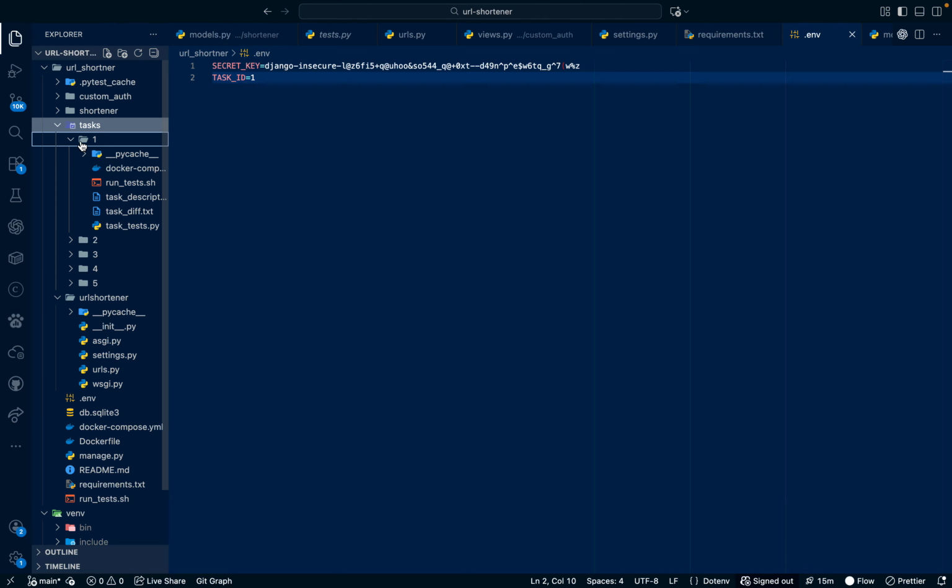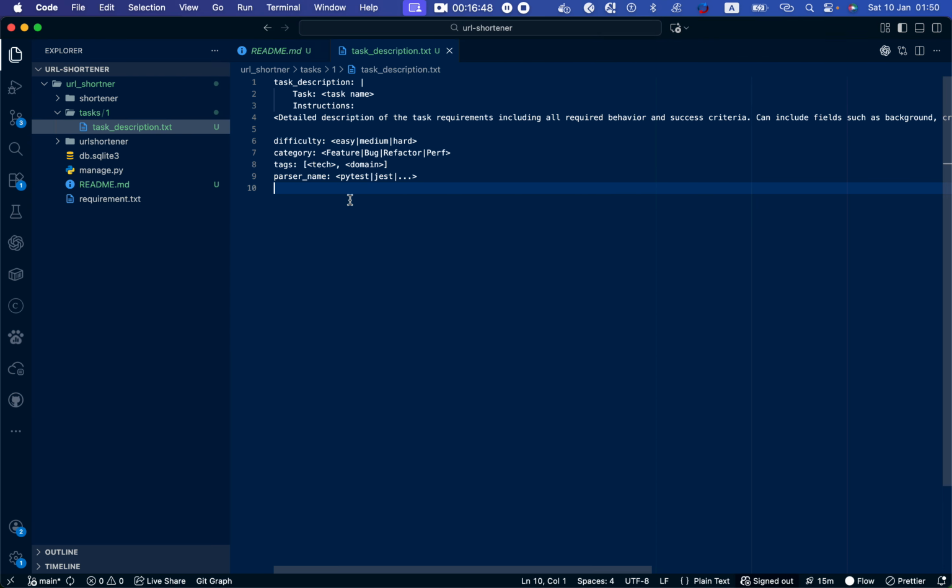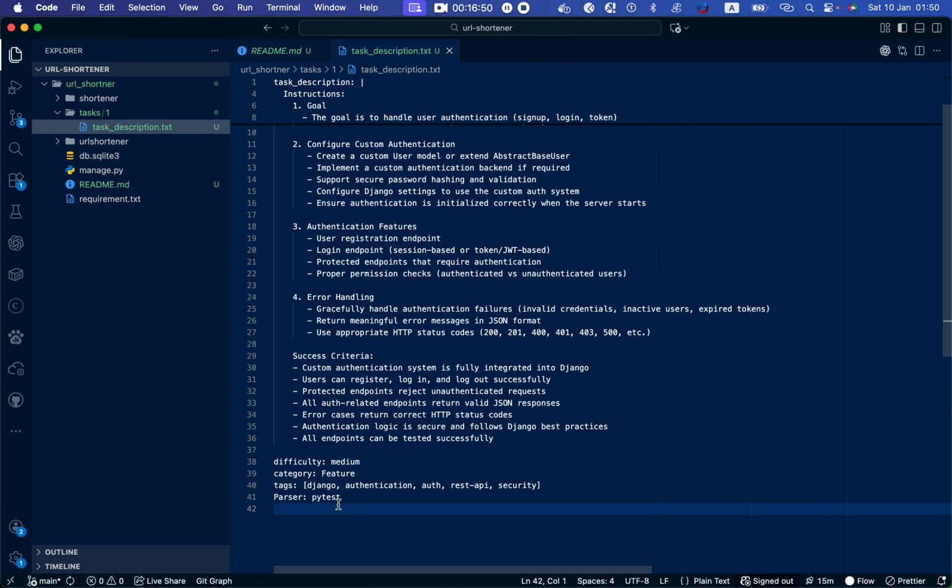So these are task 1, right? So I go to the task description and I copy this. I'll also paste it here, following the same formatting. As you can see, PyTest, my tags are Django, REST API, my category is feature, my difficulty is medium, and